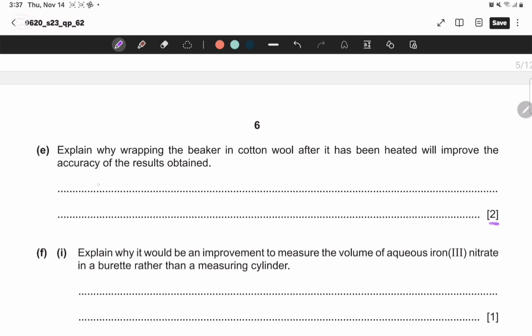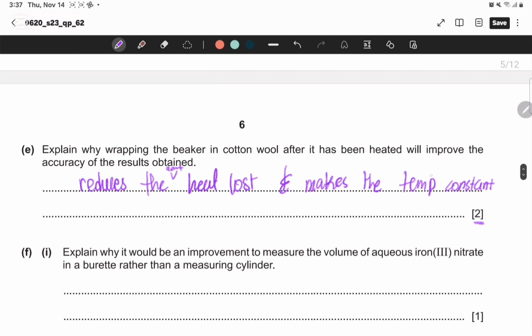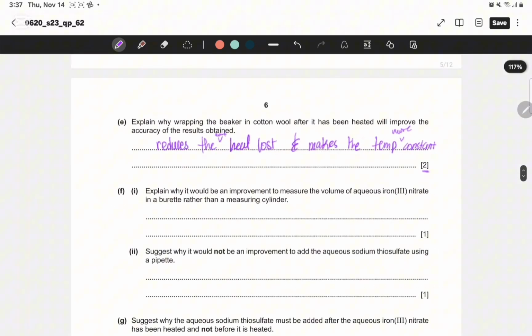So we can say it reduces the heat lost, the amount of heat lost, and makes the temperature constant, or like more constant. Okay, now explain why it would be an improvement to measure the volume of aqueous iron